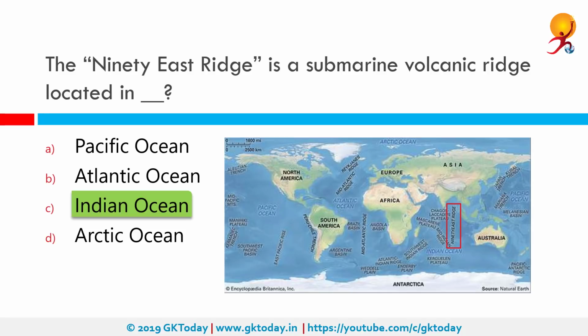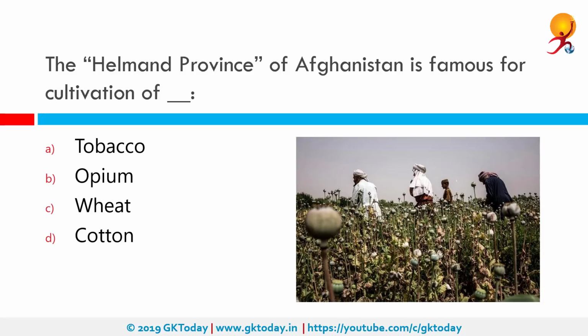Cretaceous period. The Helmand province of Afghanistan is famous for cultivation of opium. Helmand is one of the 34 provinces of Afghanistan located in the south of the country. Helmand is believed to be one of the world's largest opium producing regions, responsible for around 75% of the world's total production. This is believed to be more than the whole of Burma, which is the second largest producing nation